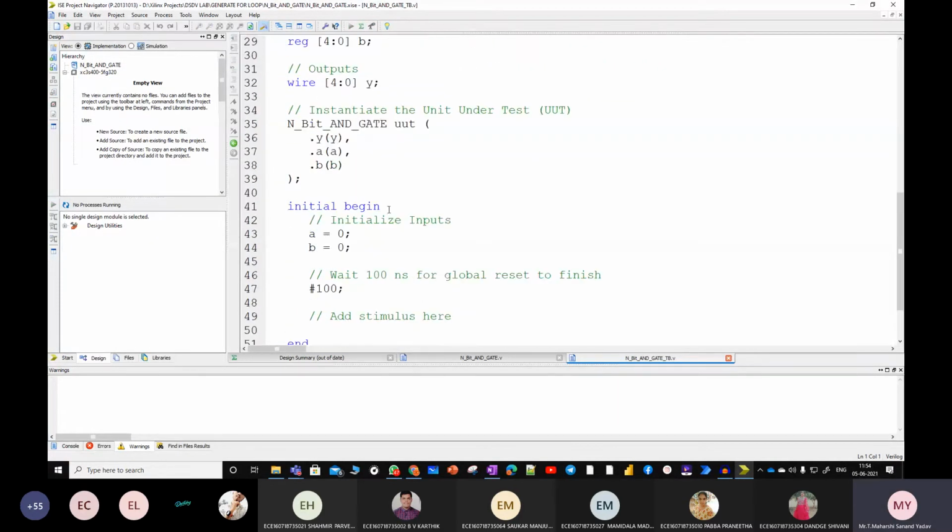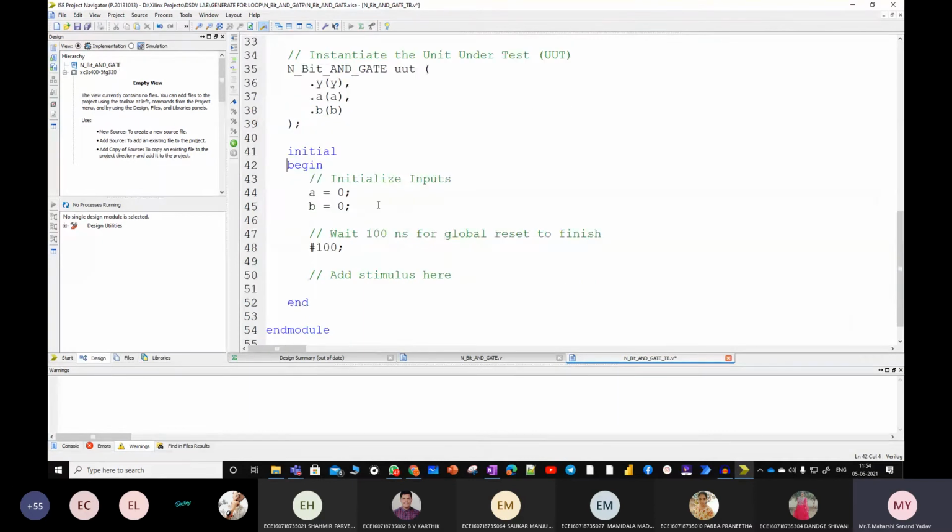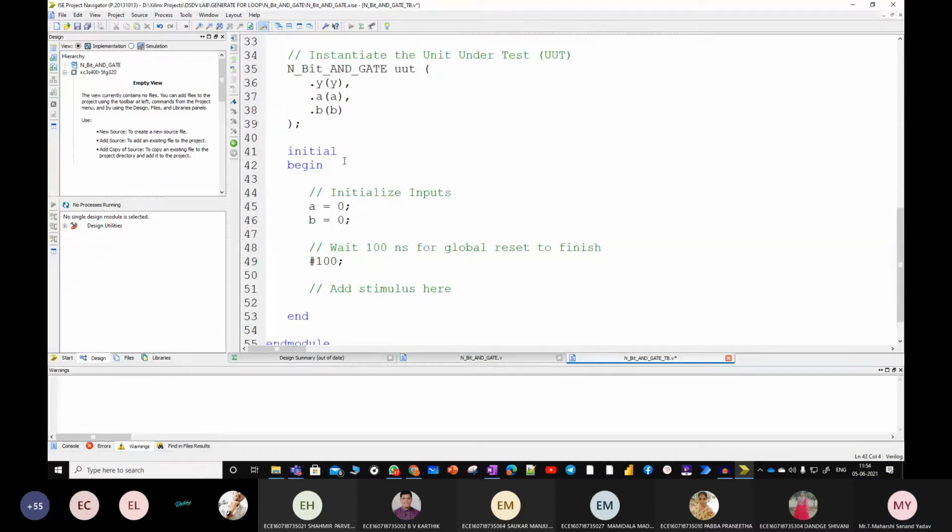Now, suppose I want to view the result in the console window, what should I do? $display. $monitor for continuous monitoring. So I want to monitor. And what is the use of $time?